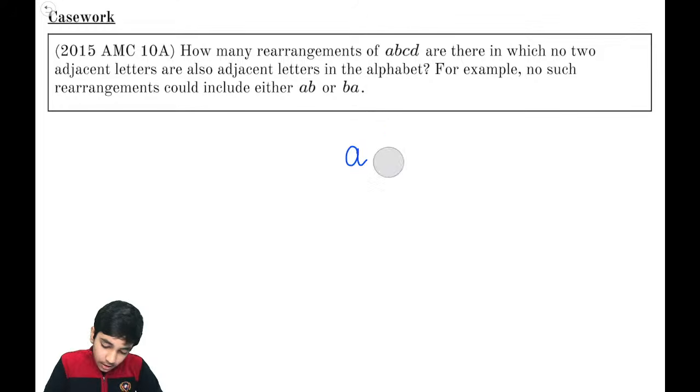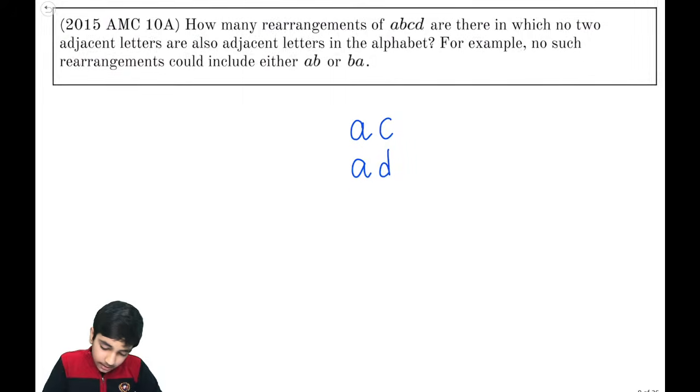Or let me just write it. So if the first letter is A, let's take different cases. First letter is A, B, C, or D. So if the first letter is A, then the second letter cannot be B because B is next to A alphabetically. So it can either be C or it can be D. If it's C, then the next slot has to be B or D because those are the only two letters left. But then B or D, both of these cases don't work since B and D are both next